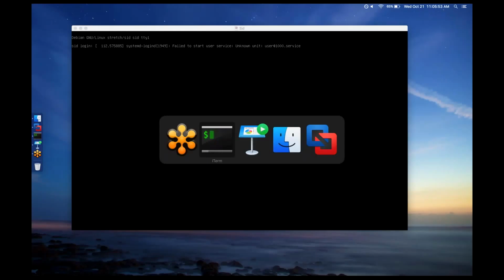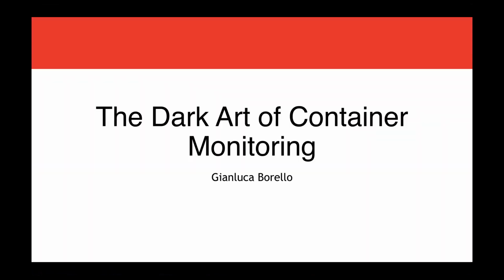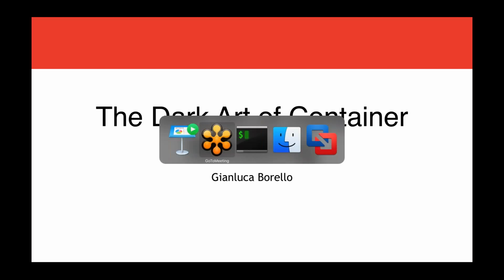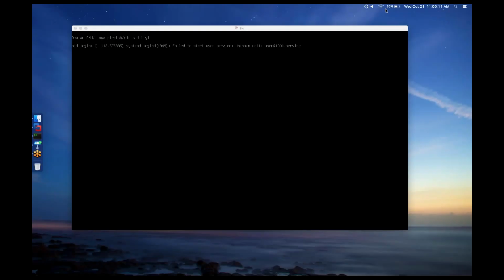So Sysdig, we have a couple products we create. The first is our open source tool, which is what Gianluca is going to be talking about now. Then we have our commercial tool, which is Sysdig Cloud, that's built on top of that. At a really high level, Sysdig, the open source tool, works on an individual machine. It's a command line tool that works on an individual machine and gives you really deep visibility into that individual